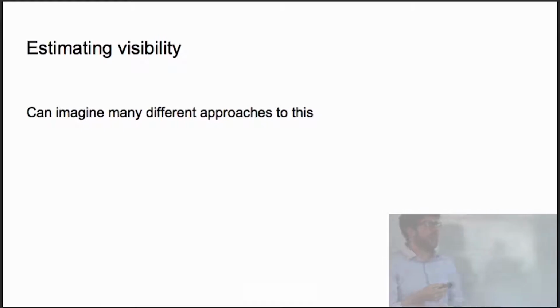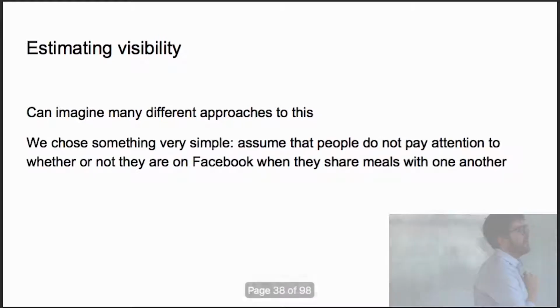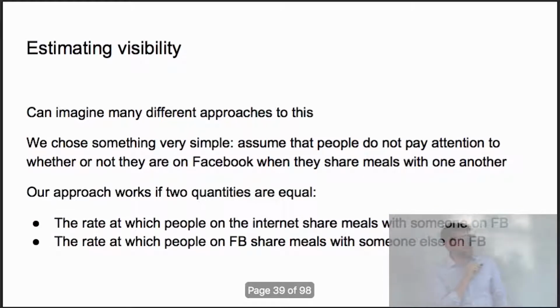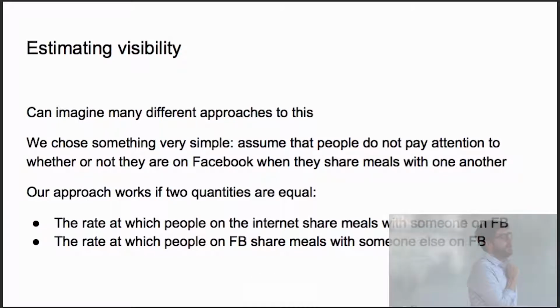And so what we're going to do is take a very simple approach. We're going to assume that people don't pay attention to whether or not they're on Facebook when they share meals with one another. That would be violated if people, for example, organize sharing meals together using Facebook. So if they have a Facebook group where they say, we're all going to go to lunch together, and people who aren't in the Facebook group don't have access to that. But